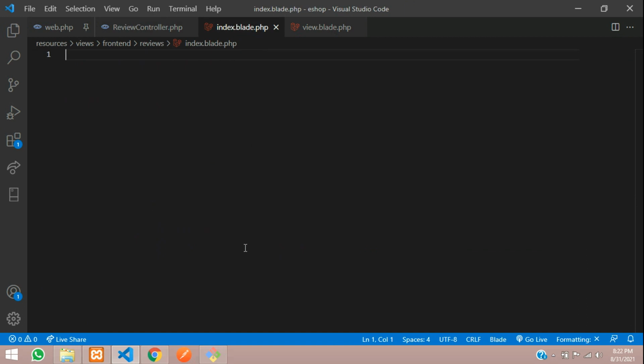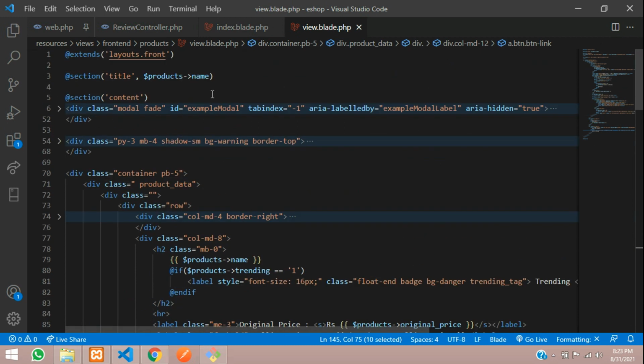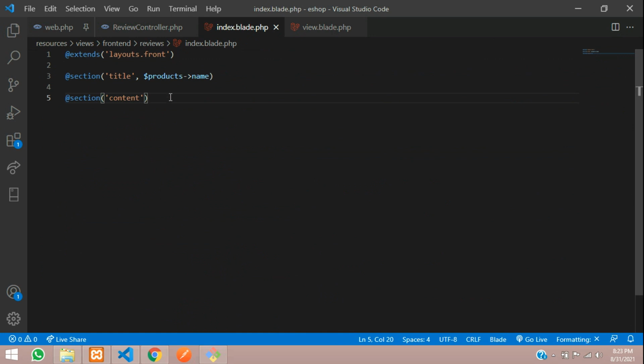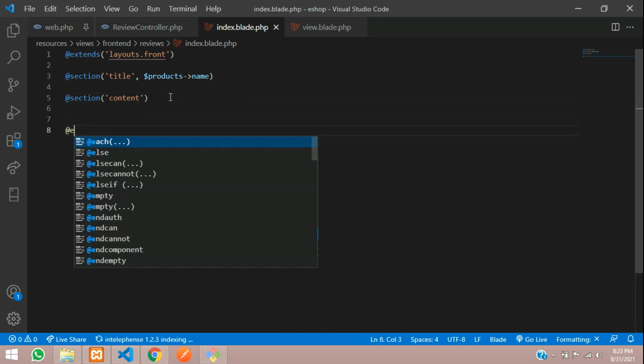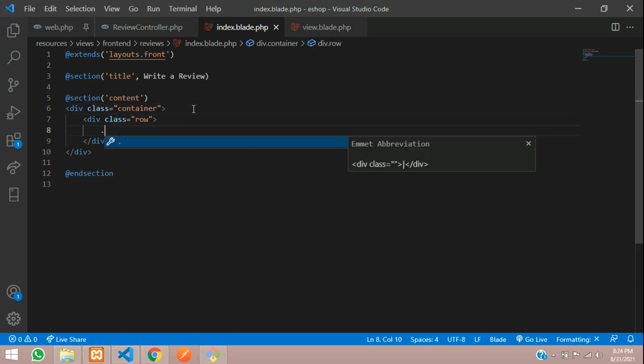So we'll go to this index page. This layouts and all, we'll just take it from the other file. Just go to the top, copy that, and paste it at the end section. So the title we are going to say is write a review, and inside the content let's create that container.row.col-md-12